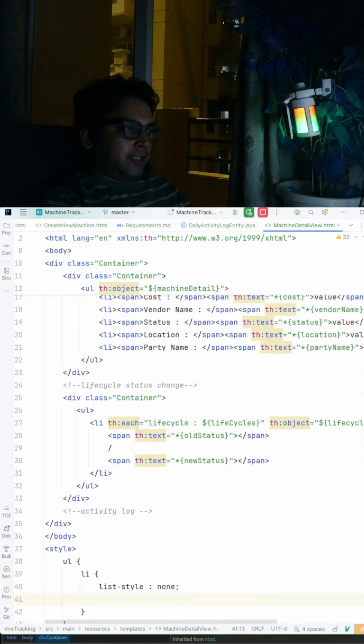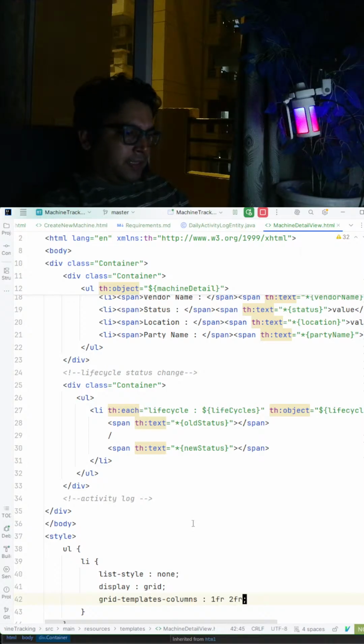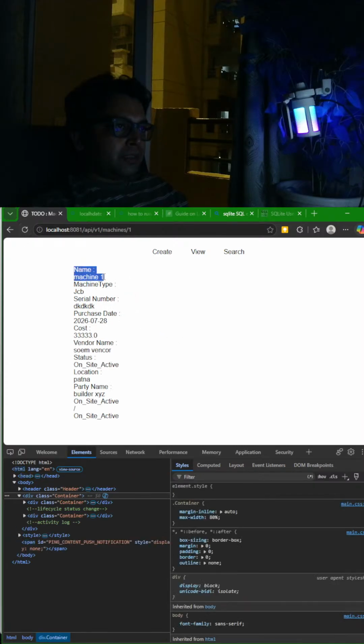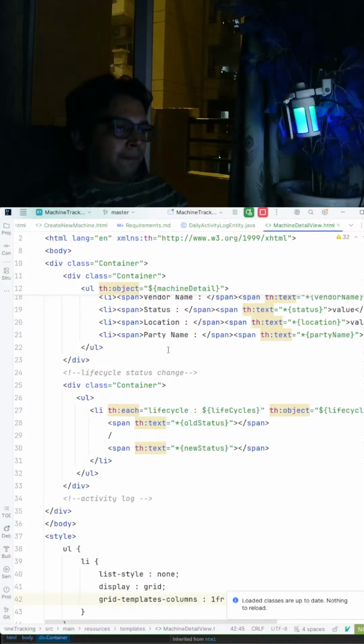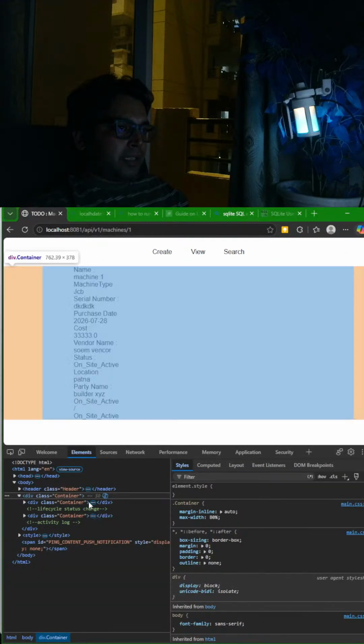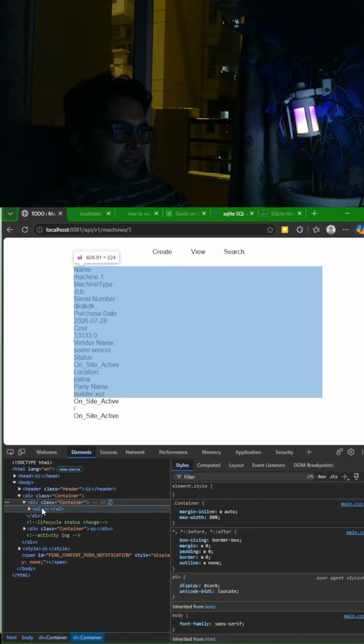Let us see that. I will make incremental changes. Grid template columns is one FR, two FR. Let us see if it works or not. Name machine one, machine type recipe. Column is one FR, two FR. I think there is a width issue, I guess. And that's why it is